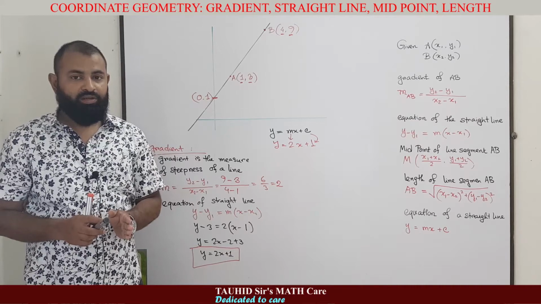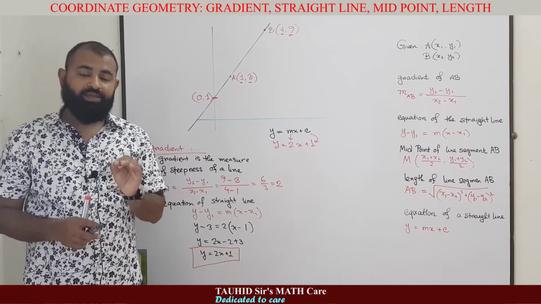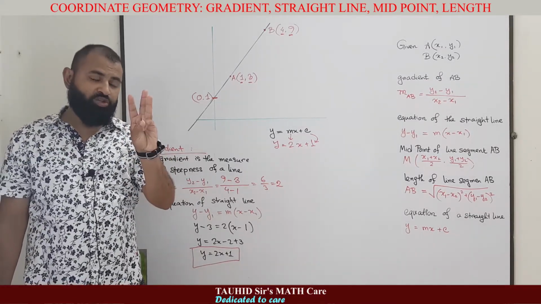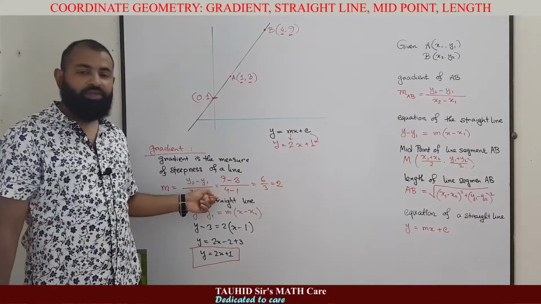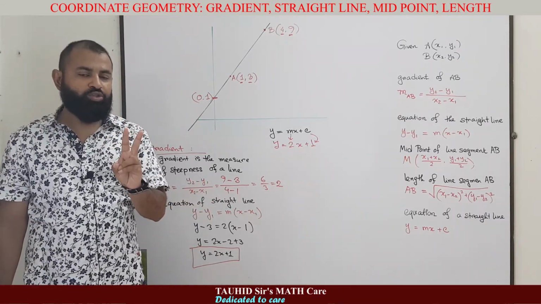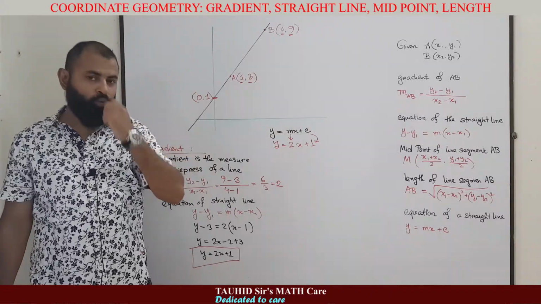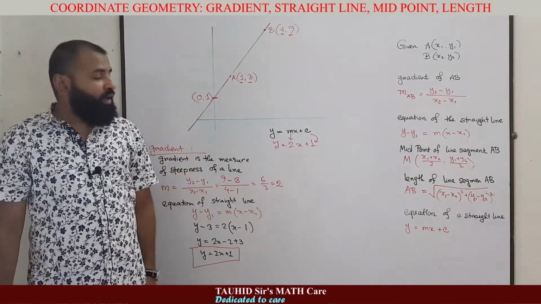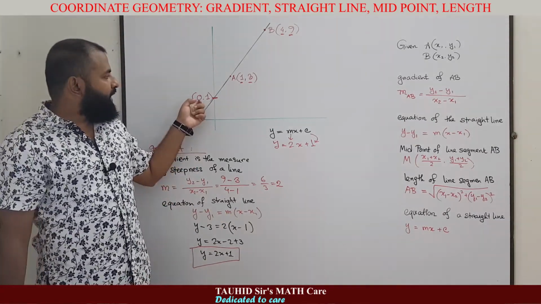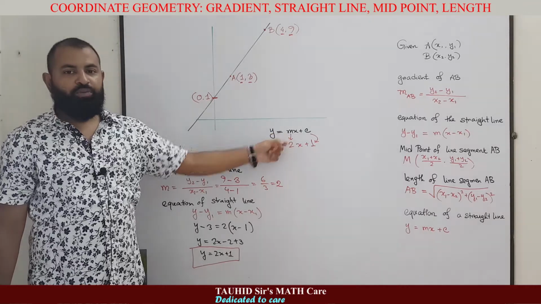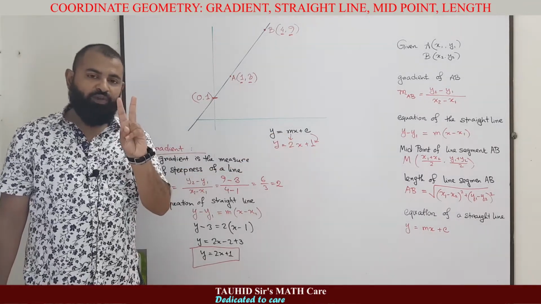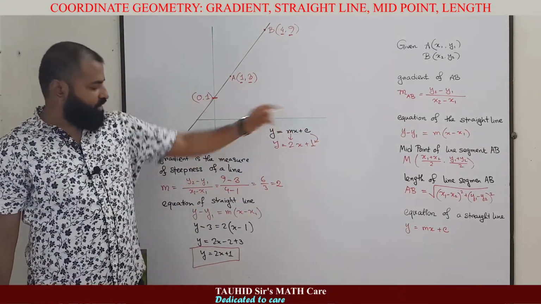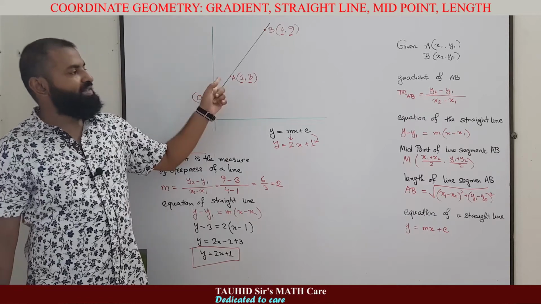So from this lecture up to this point, what things did we learn? We learned how to find the gradient. We learned 3 definitions of gradient and we used one of them here. We learned 2 equations of straight line, y equal to mx plus c and y minus y1 equal to m into x minus x1. Which one should we use when? When we know the gradient and we know the y-axis intercept, we will use this equation, and when we are given 2 fixed points on the straight line, we will use this equation, and we used that equation to find the straight line for this example.